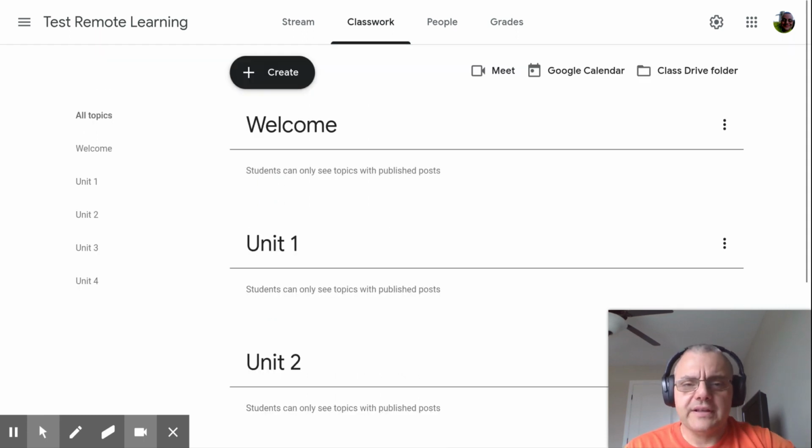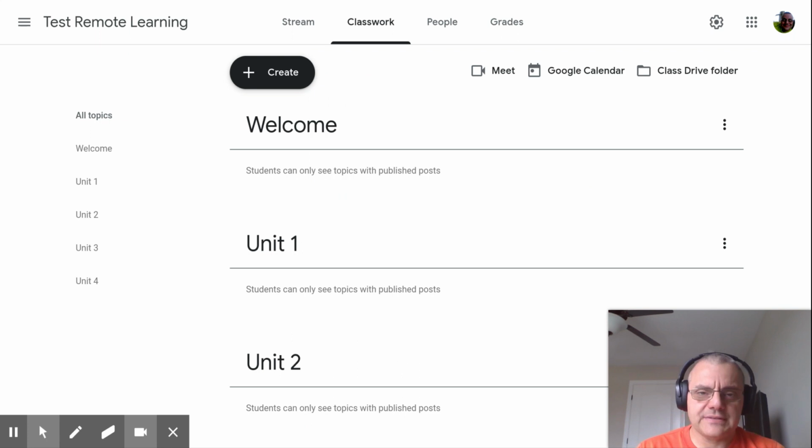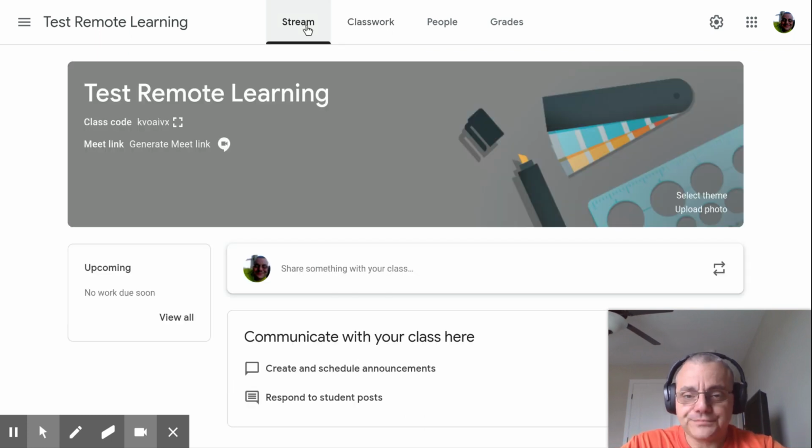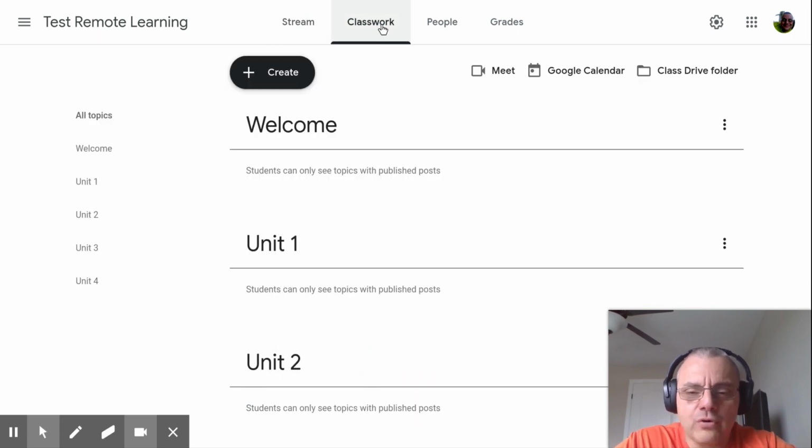All right, so when last we left, we were here on the classwork page and we had just set up our structure. Again, structure is a really good starting point because it will clear up any confusion in navigation and finding things, which is one of the main ones. The stream is functioning as your communication tool with students in terms of allowing them to feel part of a community because you can put announcements there, they can put comments there, they can ask questions there, and you can respond and show that you're present for them so that they feel that community so that they stay engaged with the course.